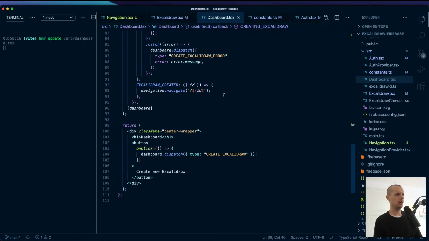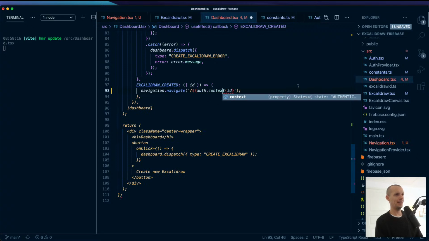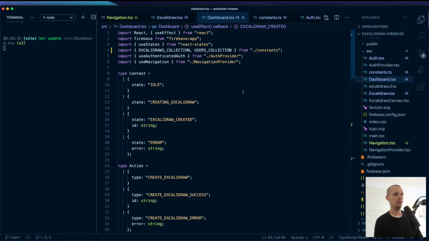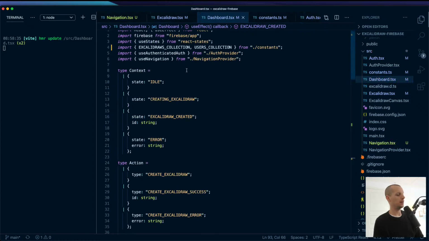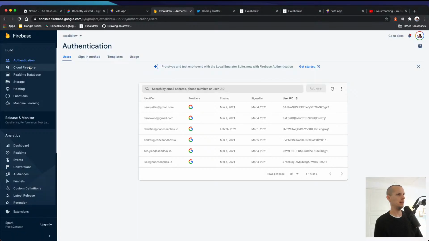And then we need to actually, let's see, this would be auth context user UID, and then we go to the ID. Cool. So now we should create an Excalidraw on the user ID behind the, so we can actually